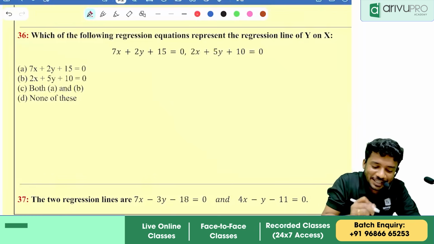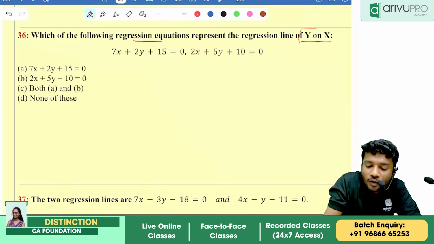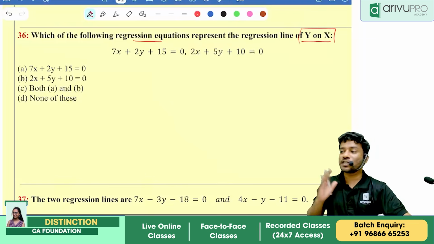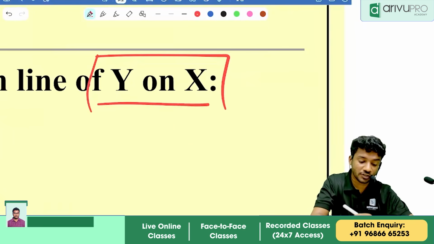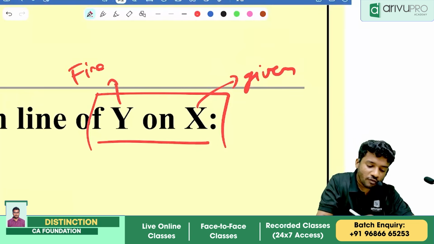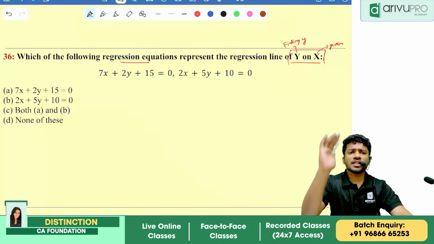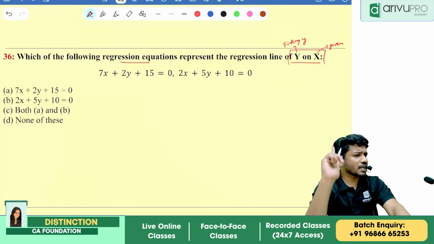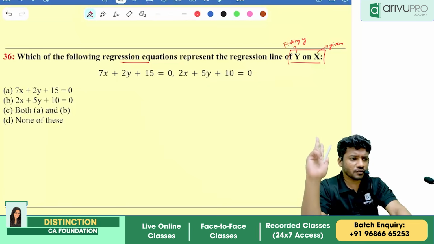Look here. Which of the following regression lines represents y on x? People, we need to find which regression line represents y on x. What do you mean by y on x? X is given and we are finding what? Finding y. Now people, the method is very easy. I'll tell you the method. First, we will find the regression coefficient of x on y,